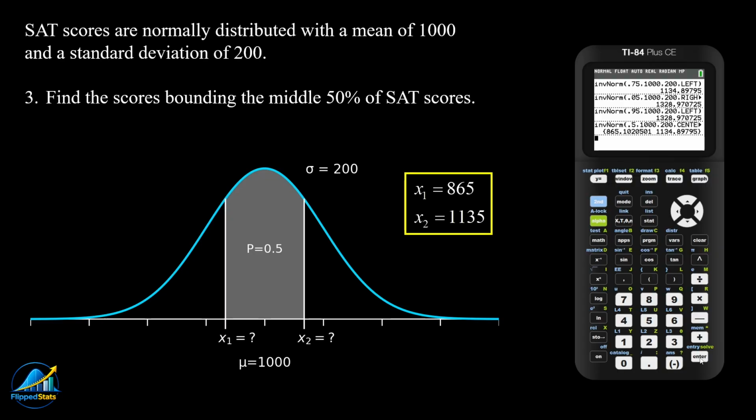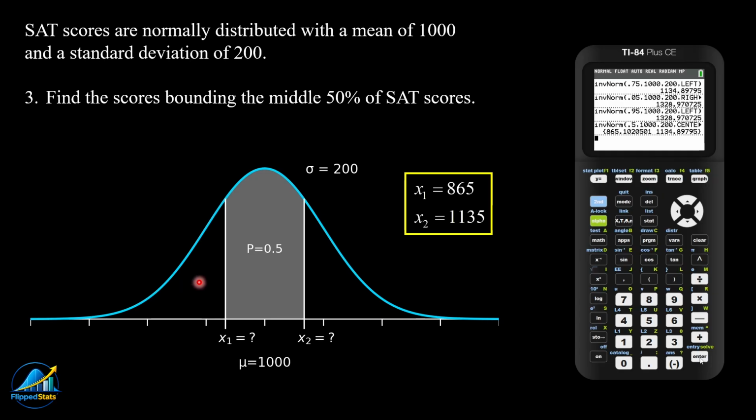Now, one final note for those of you with slightly older TI-84s: remember the inverse norm function only understands probabilities left of the cut line. So before we can use the inverse norm function, we have to calculate the probabilities left of each of these cut lines. Notice for this middle 50% region, if I imagine a dividing line right at the center of the distribution, I have a probability of 25% to the left of that and 25% to the right of that. Since the lower half of the distribution is 50%, that means the area in this left tail is